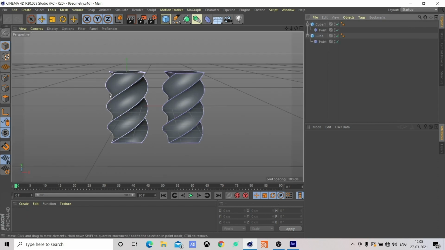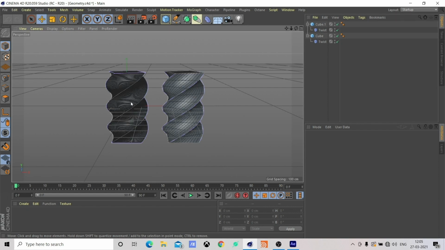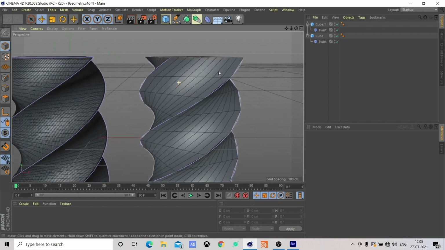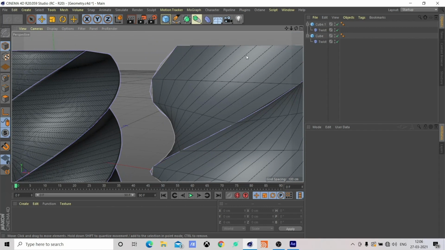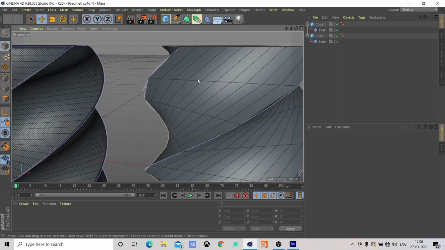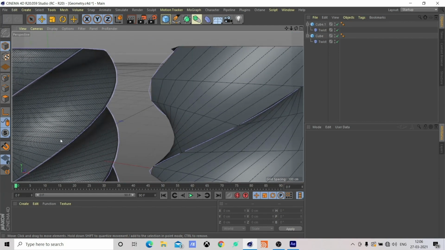Right here I have two cubes on which I have added a twist deformer. The first one is really high poly and the second one is really low poly, and this is basically for people who are just starting out and are a little confused as to what this actually is. If I go a little closer, you can see the low poly one. You can think of this as a paper sculpture of sorts, where these are the cuts which are on the paper. The more cuts that you have, the smoother your end paper sculpture would be.